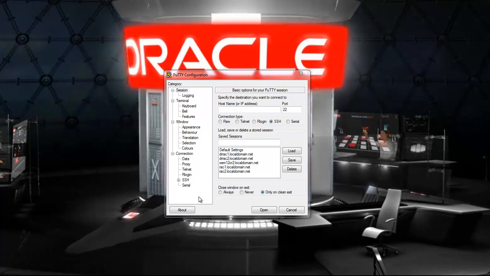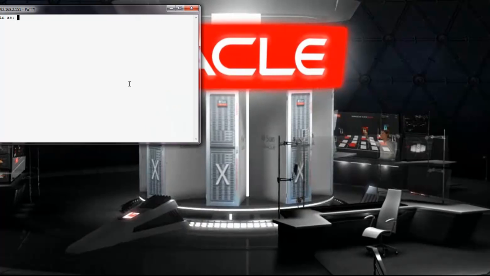Today we are going to create a standby database for our disaster recovery at the disaster recovery site. We have a production site having two RAC nodes, rac1.localdomain.net and rac2.localdomain.net. We do have a standby cluster which is having drrac1.localdomain.net and drrac2.localdomain.net. So in order to make the standby database, we have to first log on to our primary node,